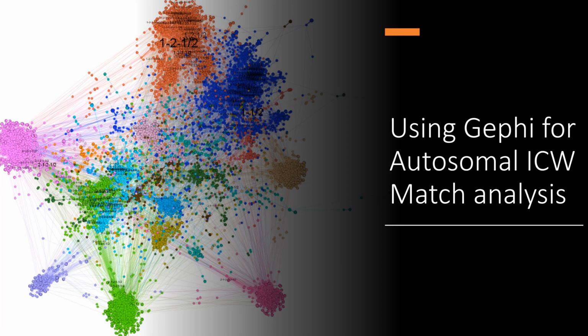Welcome to this introduction to using Gephi for autosomal match analysis. If you're just getting started with analyzing your autosomal data, this is probably not the first thing you want to try. You want to start with leads or something that allows you to more simply visualize your matches, certainly. But I really think this tool can be a powerful way to look at thousands of matches all together in